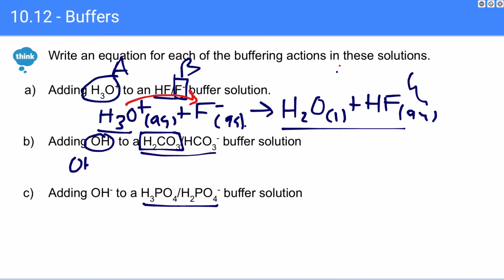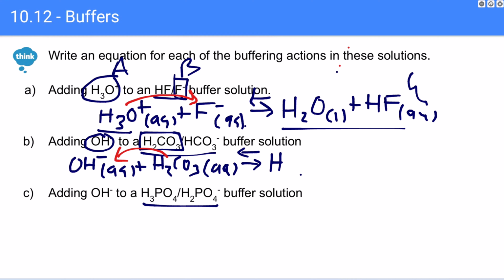So we start off with OH-. It is aqueous. It reacts with the H2CO3, which is also aqueous. And what we get out of this, I should mention we should put double arrows here. These are buffer solutions. Buffer solutions are always in equilibrium, so we use the double arrow here. In this case, the hydrogen is going to transfer from the acid to the base, just like what we described previously. And so what I end up with is H2O, liquid, and